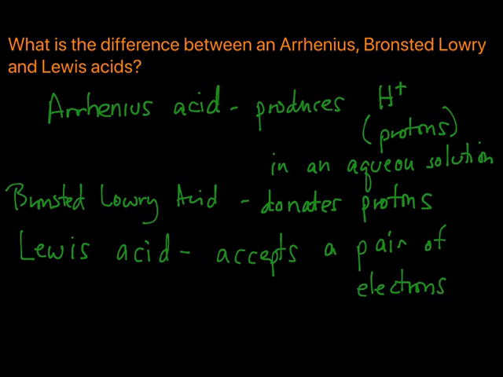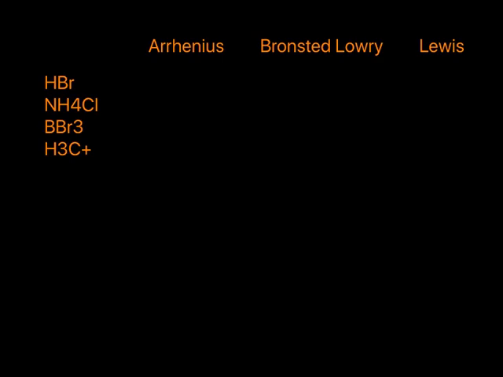So let's see some examples. Now I listed here 4 different types of acids, and we're going to figure out which category these acids are in. And some of these substances can be in 2 categories, all 3 categories, or only in 1 category. So let's figure it out. The first one is hydrobromic acid. So, as we know, hydrobromic acid,